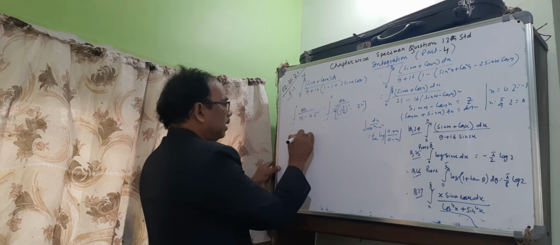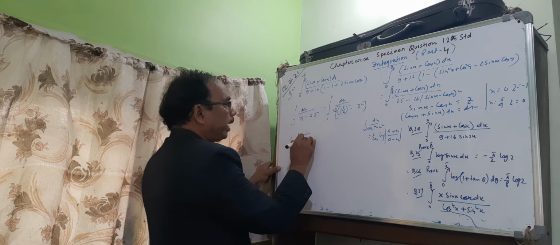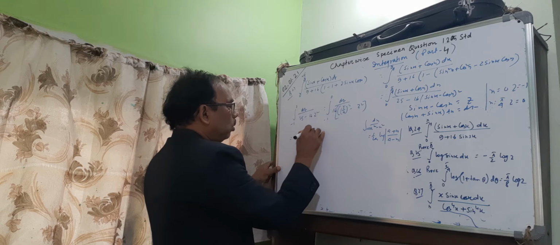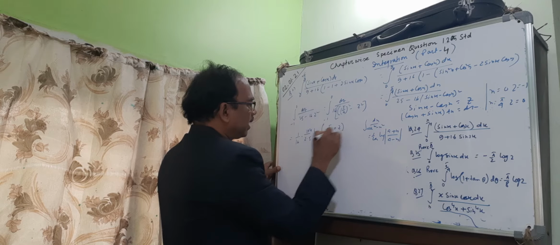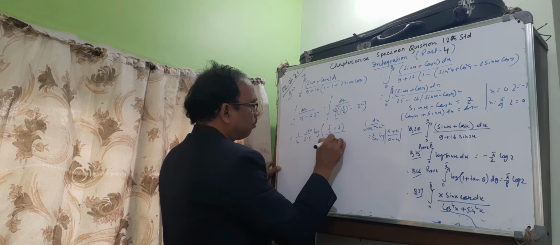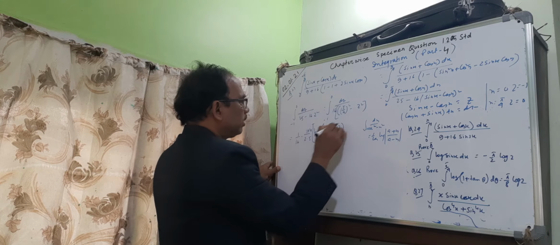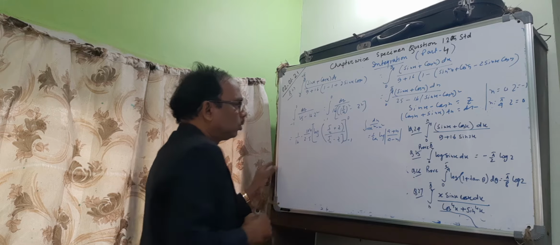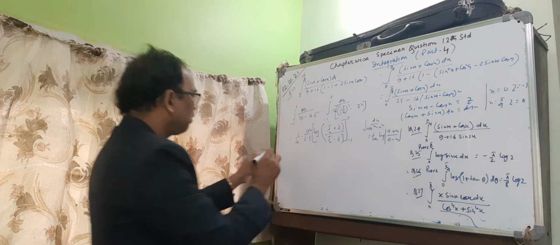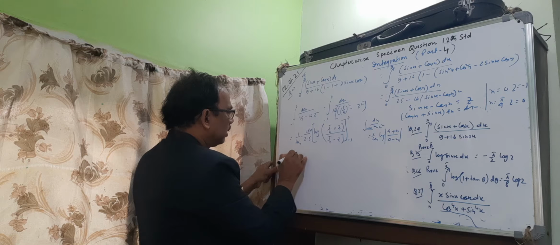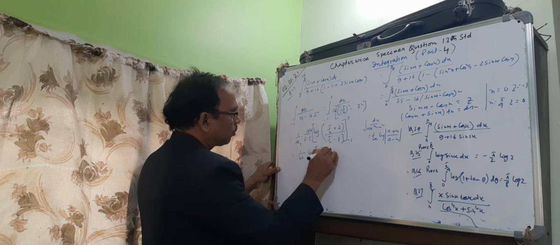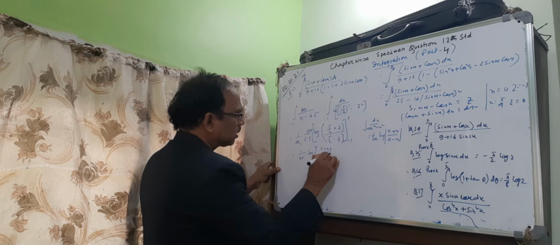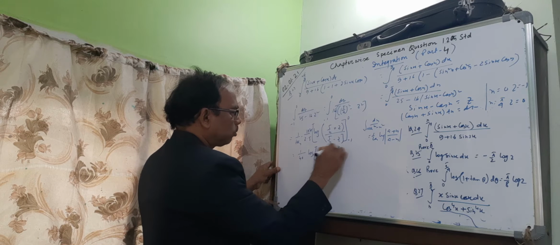That is a square minus z square, that is 1 by 2a, and 2a is 5 by 2, so 4 by 5 log of (5 by 4 plus z) by (5 by 4 minus z). Your limit is minus 1 to 0. Now put it in, first of all simplify it. 4 times 4 is 16, that is 1 by 40 log of (5 plus 4z) by (5 minus 4z), from minus 1 to 0.